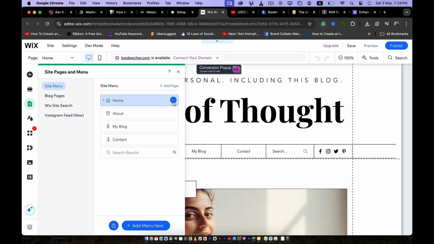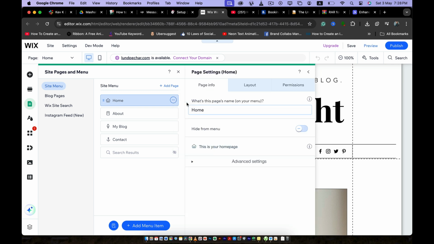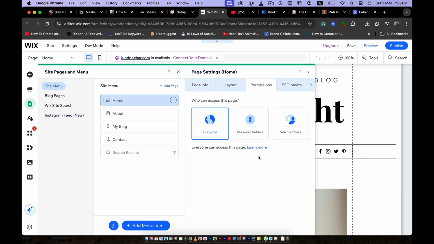From here, what do we need to do? We need to click on these three dots next to home. And then we need to click on settings right here. Now here on the settings tab, what do we need to do? We need to click on permissions, and here we have the option of the restriction, like who can